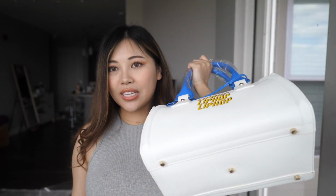So I don't really match leather jackets, nor do I know how to style them that much. But regardless, I love this color. It's very bold and confident. So this is a bag that was also sent from Charles, and I love the blue